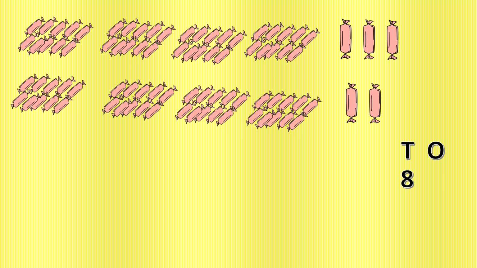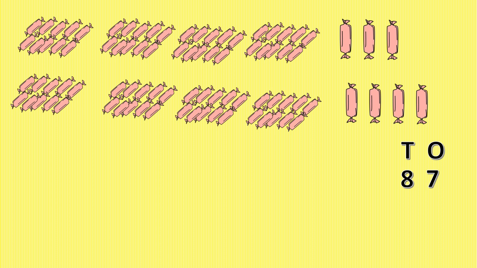Now let us see here we have 1 tens, 2 tens, 3 tens, 4 tens, 5 tens, 6 tens, 7 tens, 8 tens. So I have here 8 tens. Below tens place I will be writing 8. Now let us check how many ones. 1, 2, 3, 4, 5, 6, 7. So we have 7 ones. Below ones place I will be writing 7.